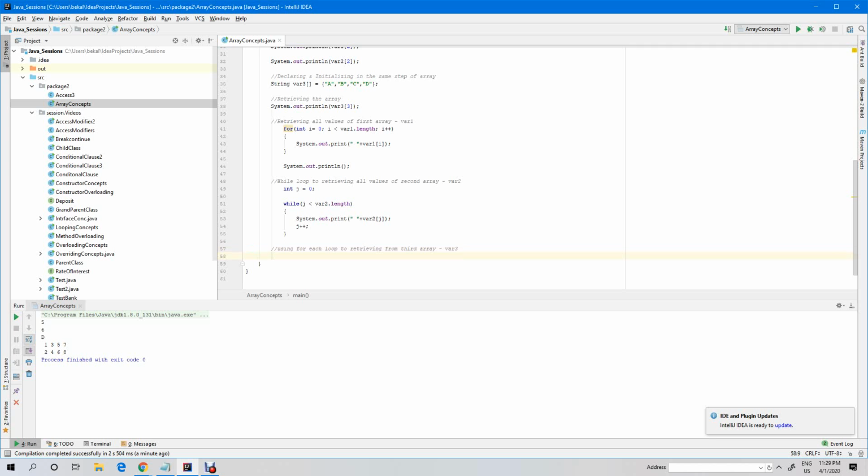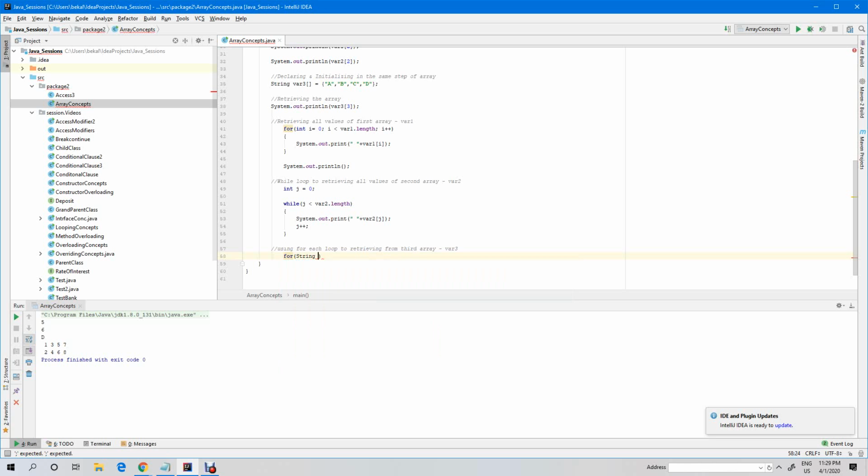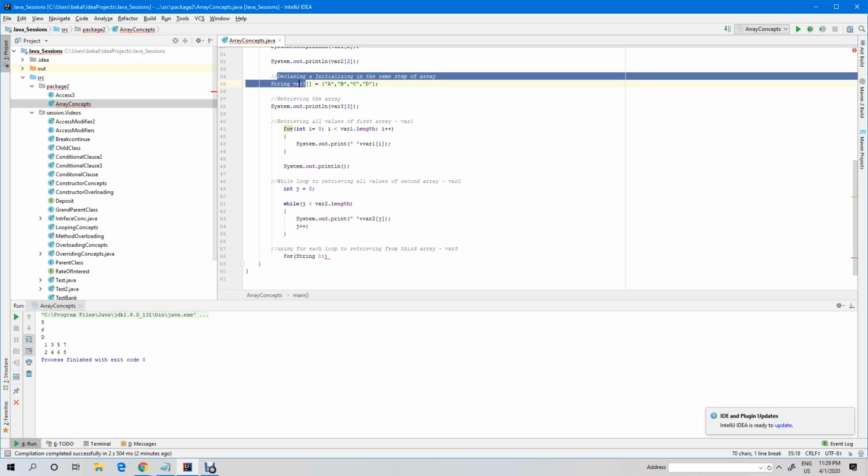How to declare a for each loop? The syntax is for, just mention the data type name, which is String, give some variable name, say I'm giving B or anything, then a colon, then the array name, variable 3.